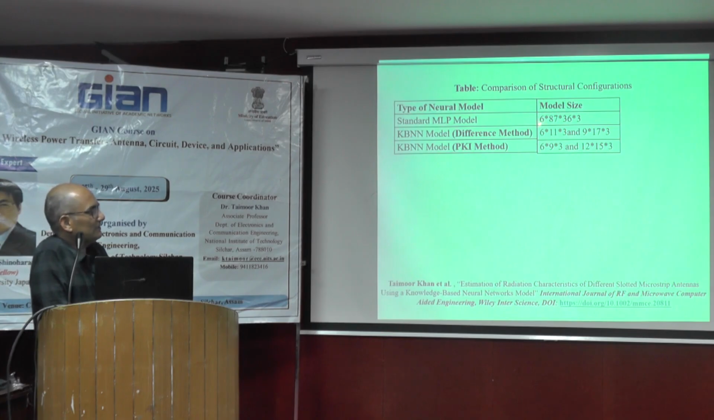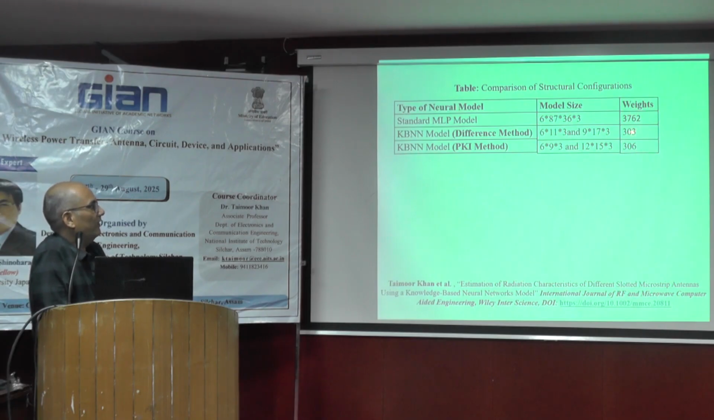The standard ML model structure was 6 into 87 into 36 into 3. Now there are 2 models requiring fewer resources. This one is the coarse model because it has fewer neurons in the hidden layer, and this has more neurons in the hidden layer, that is the fine model. Then in KBNN, prior knowledge input, how is the performance? The number of weights required for the traditional model is